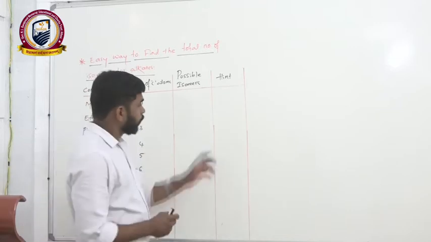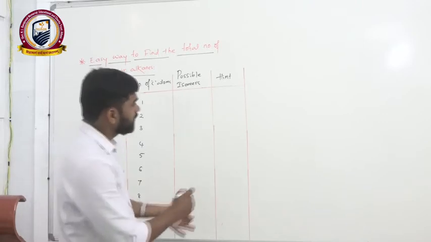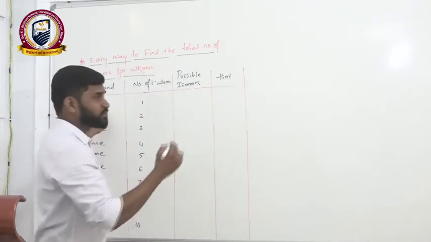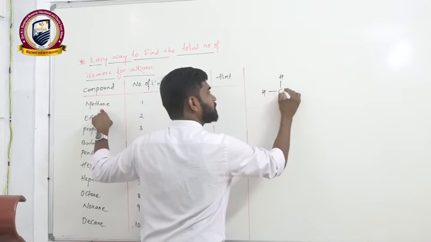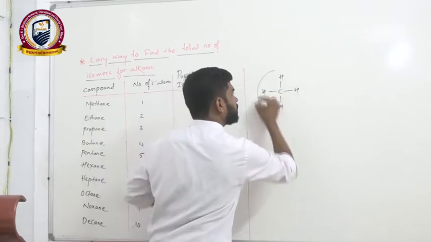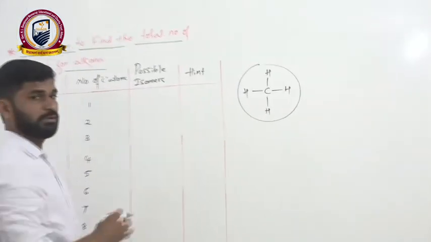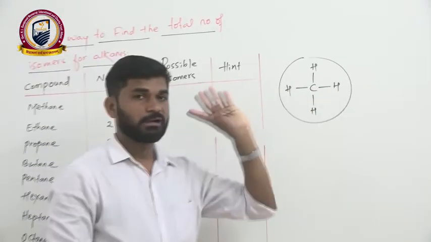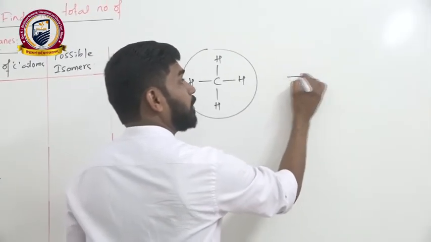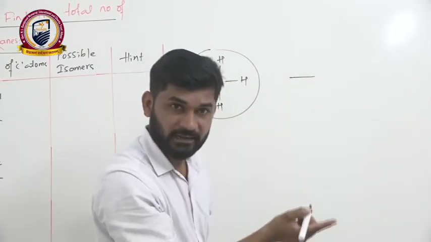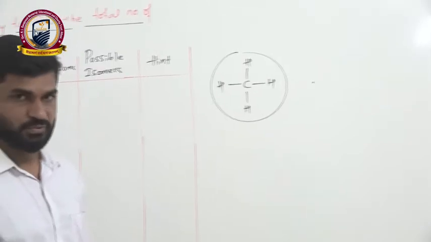Okay, so I'll tell you the hint to follow and how to find out the total number of possible isomers. If methane is given, methane is attached with how many hydrogen atoms? Carbon is attached with 4 hydrogen atoms. So therefore, no isomers are possible for methane. There is only one isomer possible for methane because it has only one carbon atom. You can write its bond line structure as a dot here. If you write a bond here, it represents ethane, right? So you have to write it as a dot, which will not give any different kind of isomers.